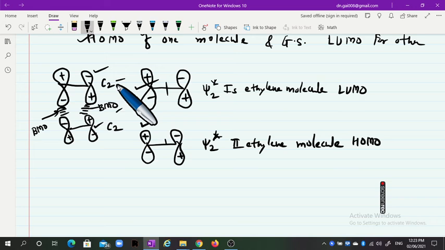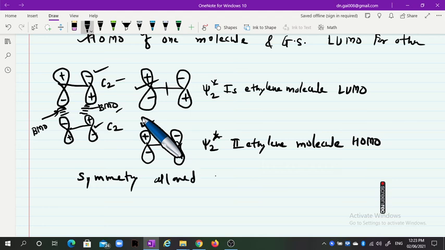Symmetry is matching, therefore the reaction is possible. If symmetry does not match, the reaction is not possible. But here symmetry matches, and therefore the reaction is possible. Such a reaction is called a symmetry allowed reaction. Therefore we can conclude that both the highest occupied molecular orbital and the lowest unoccupied molecular orbital